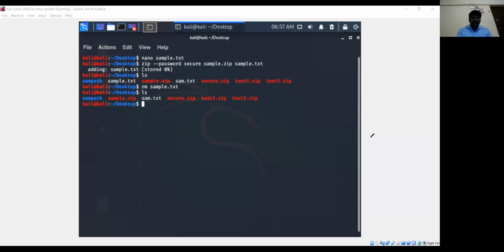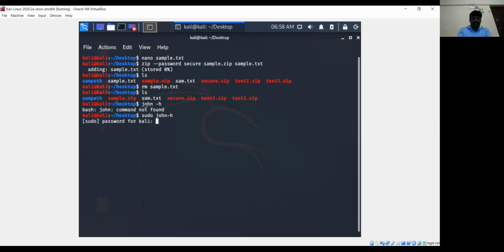Okay. So we created a text file, right? And then we converted it into a zip, and then we protected it with the password. Next, we'll check John. This is the tool. Next, we are going to use John the Ripper. Sorry, I need to use a super administrator. Sudo john -h. The next command we are going to discuss is the John the Ripper command and that tool.